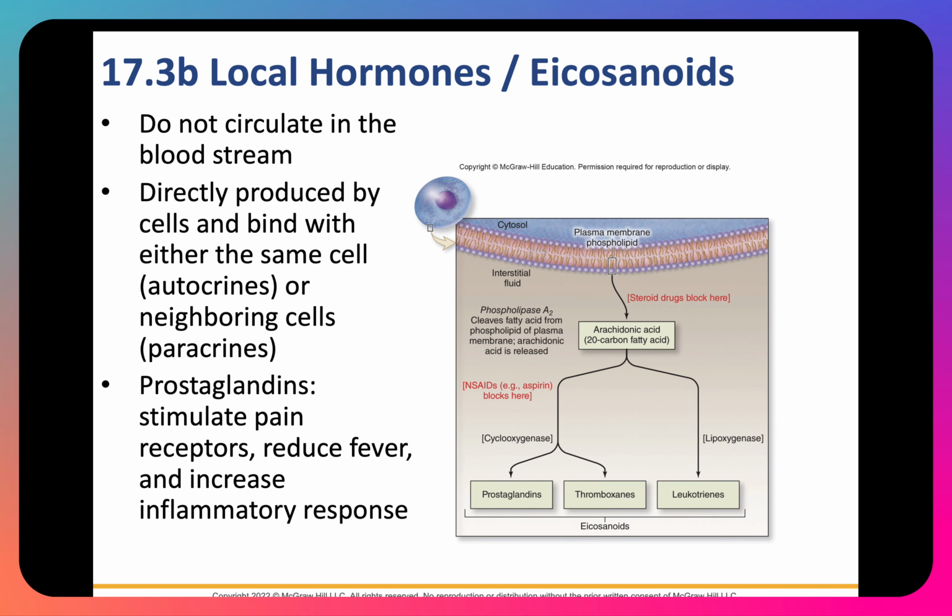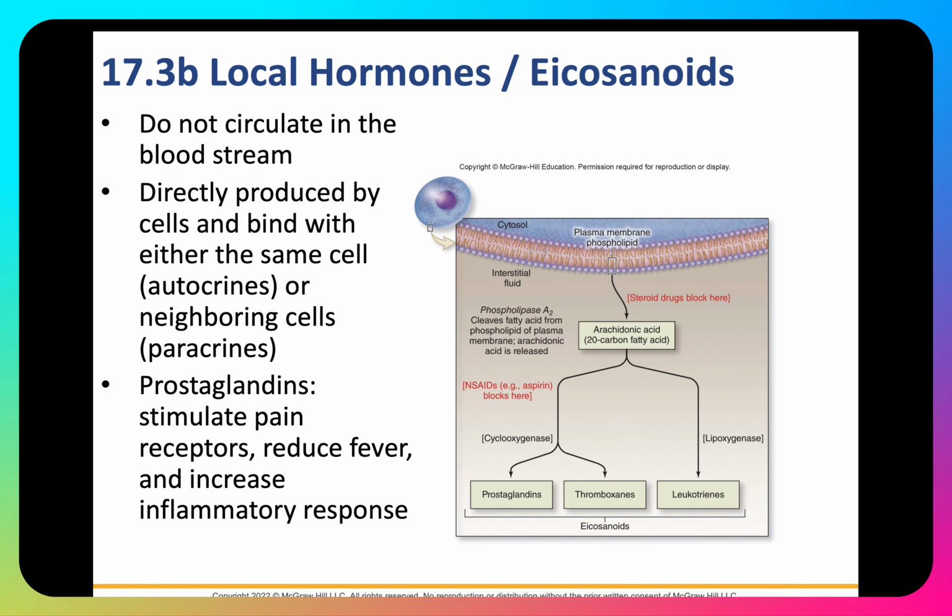Now, this last slide here is a slide that is no longer in our textbook, but I thought it was important to include eicosanoids, and why do we consider them to be lipid soluble? They are lipid soluble because they're derived from the plasma membrane. So that is their lipid nature.